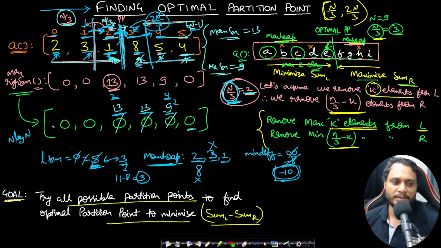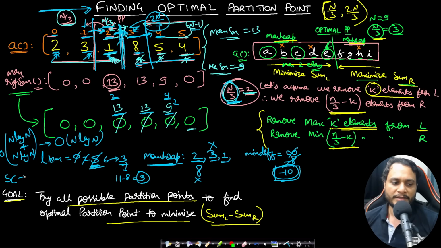So since 2 is a constant, I will be taking n log n, and after that we are again moving from left to right and pushing and popping 2n by 3 elements. Again I will be taking n log n time. So both the time complexities combined together will be order of n log n,